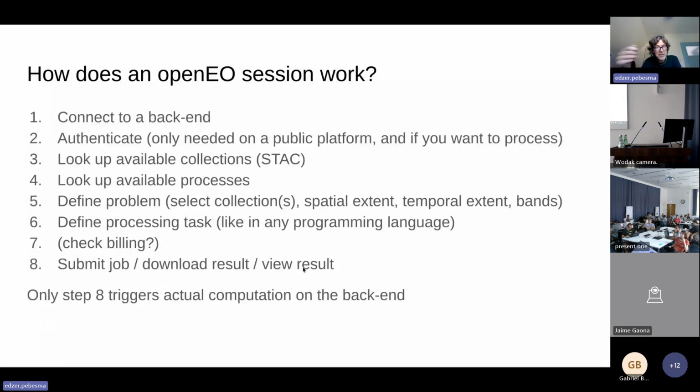And only at step 8, when you download the result, is computing actually triggered and the results produced. And so this is the lazy evaluation. Everything before that is essentially free and doesn't take time. You can do things in synchronous mode and asynchronous mode. So you can submit batch jobs and later check their status and see whether it's done, right? If things take hours, you're not going to watch your screen for hours typically.